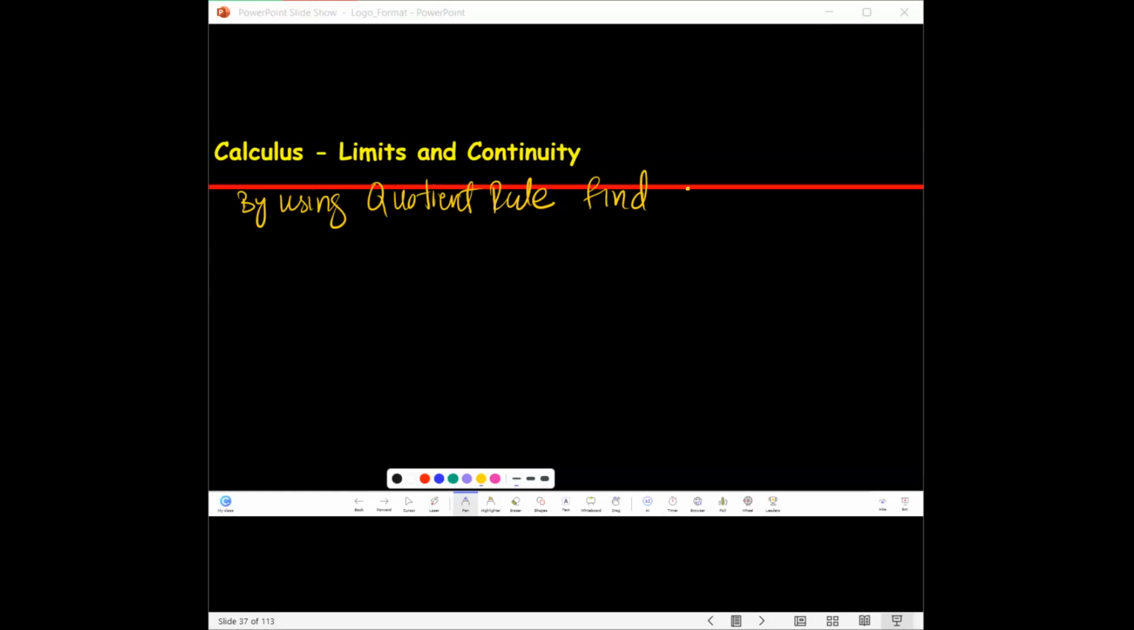We need to find a proof. We need to prove, and what is our expression? The expression is given like this: